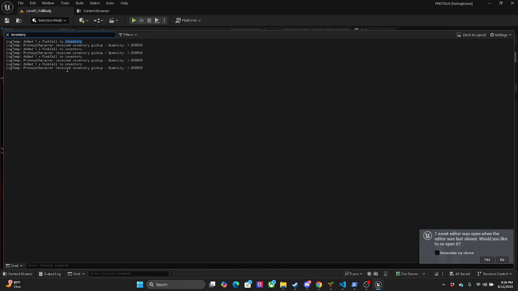One, two, three, four. So it let me pick up one, two, three, four, even though my max on the item itself was set to three, right? So let's just check it real quick. Make sure I did what I thought I did.